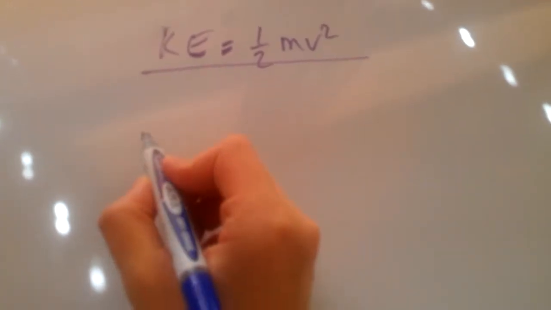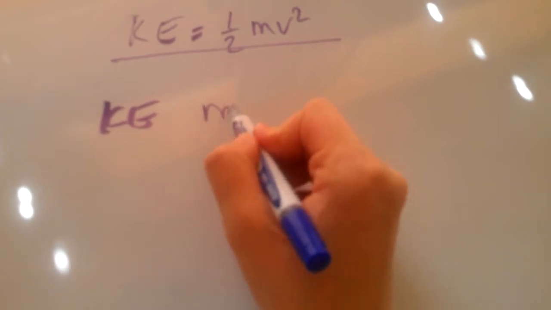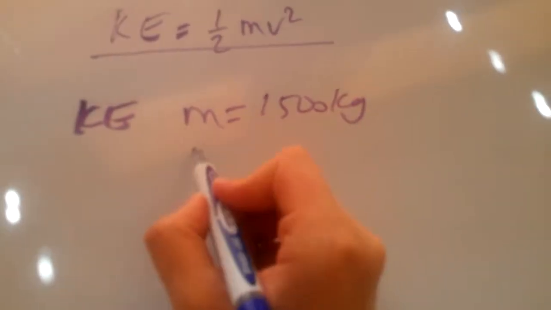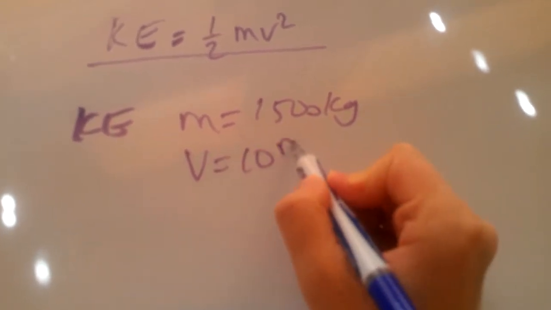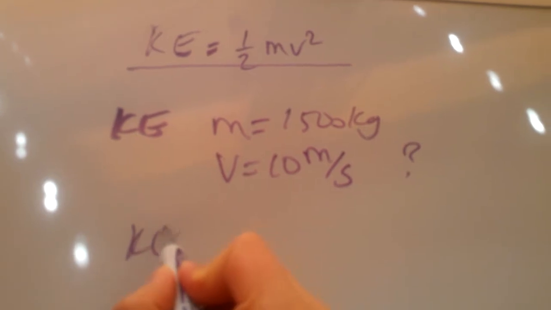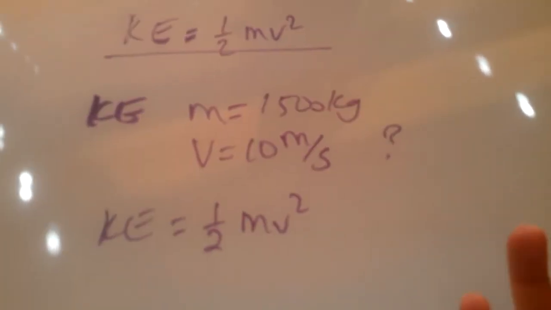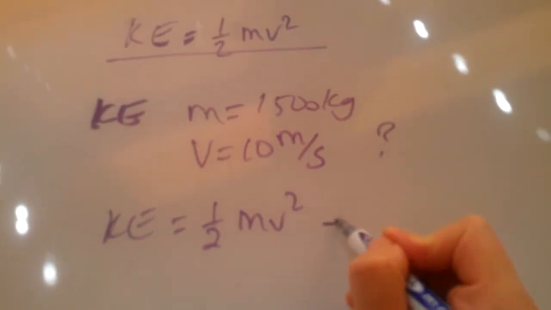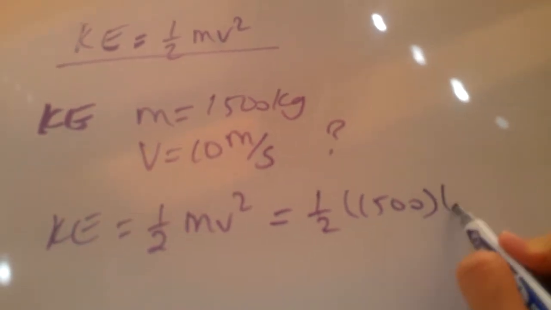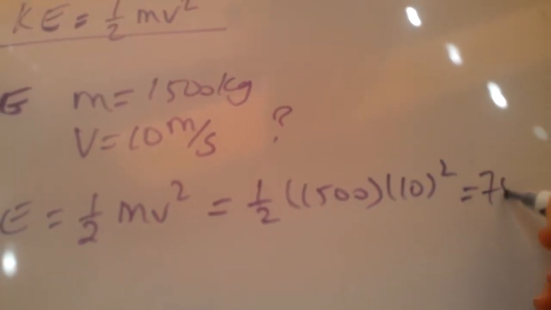If I'm asked about the kinetic energy of a car whose mass is 1500 kilograms and goes by 10 meters per second, then the kinetic energy of this car would be a half mv squared, as the kinetic energy formula is. And that turns out to be a half times 1500 times 10 squared,